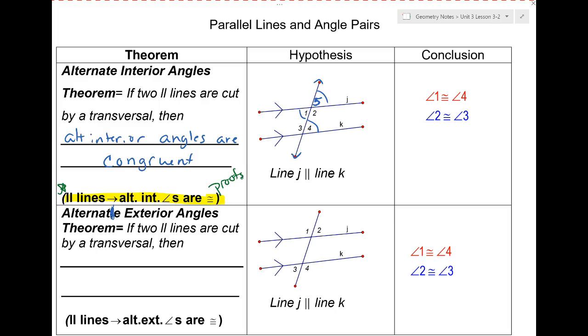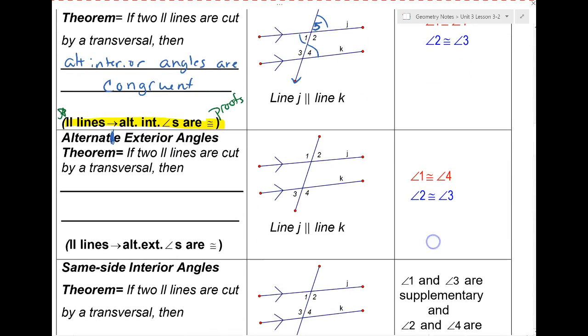All right, the next one, alternate exterior angles. In this case, we have 1 and 2, 3 and 4 as my alternate exterior angles. My lines are still what? Parallel. All right, so they're still parallel. Look at 1 and 4. What do they look like? They're the same because they are. Again, you would prove this using